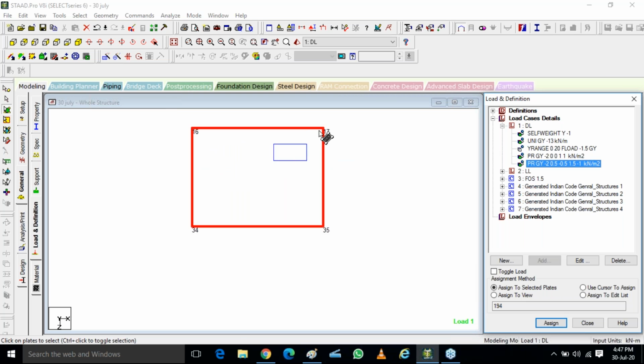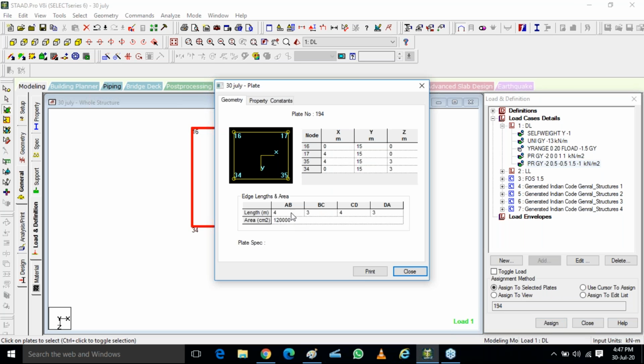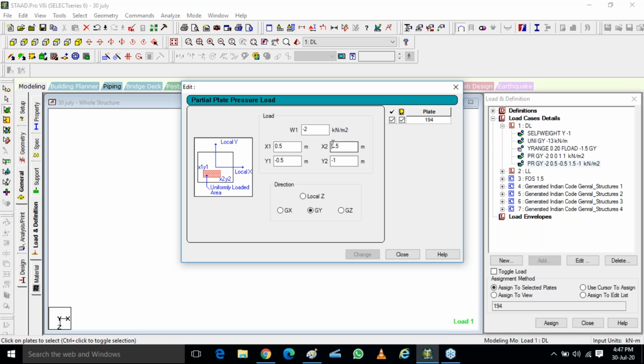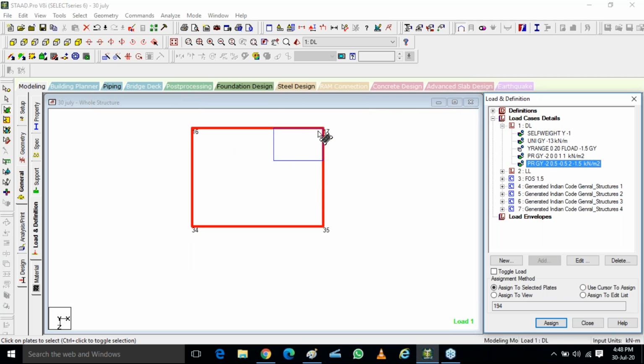Suppose I wanted it end to end. Just click on that. See what is the distance between center to this. The total length AB is 4 meters and BC is 3 meters. So 1.5 and 1.5, this might be like 2 and 1.5 something. So just change those coordinates here. I want to put it like 2 and 1.5. Can you see this? It comes at a corner. So now the water tank is at that corner.